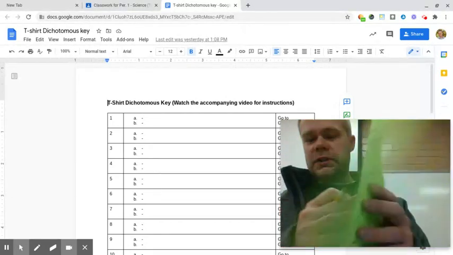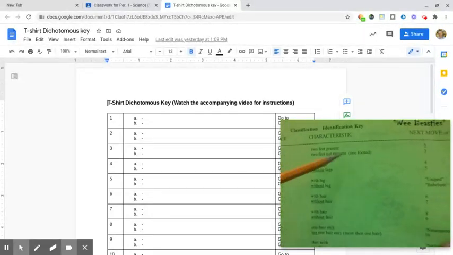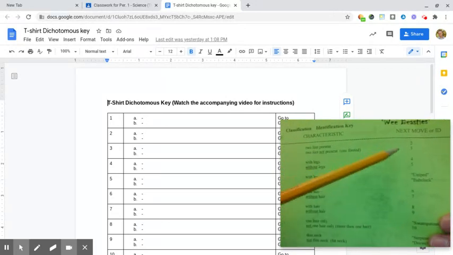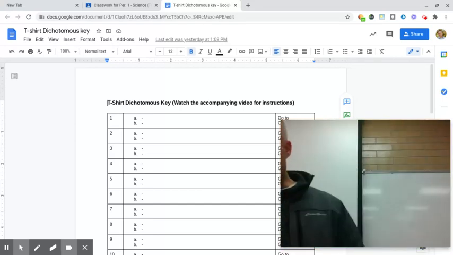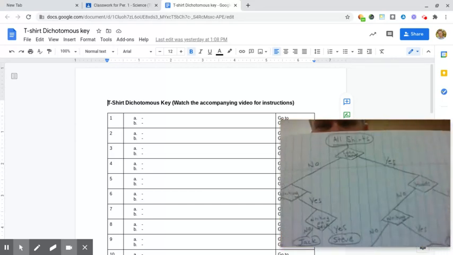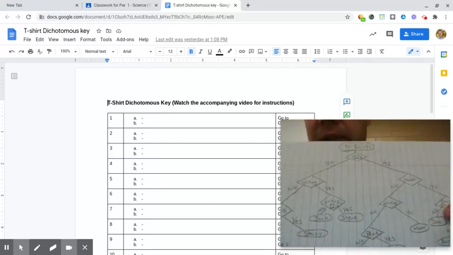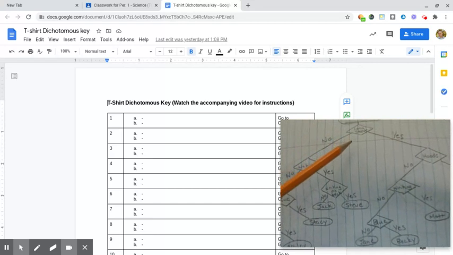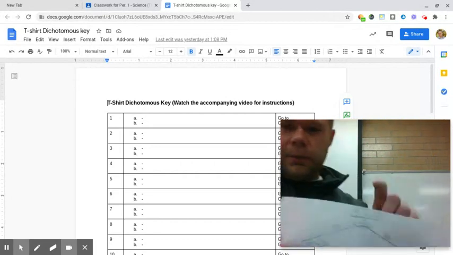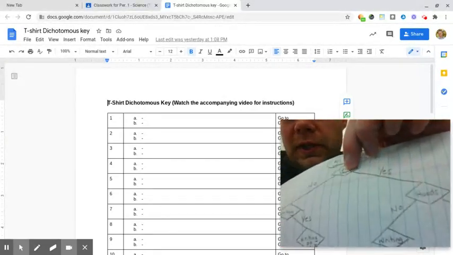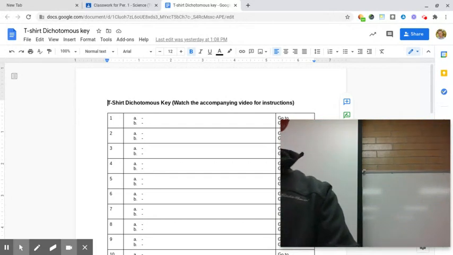We had these creatures. We had a dichotomous key where you said, okay, does this creature have 2 feet? Yes or no? And it tells you where to go. We're going to make one of these now based on what we did with this. The very first thing you need to do is take this and we're going to number all the diamonds. I'm going to number all of the ones like this. So the very top one right here, you should number as number 1. I'm just going to put a number next to it and circle that number,